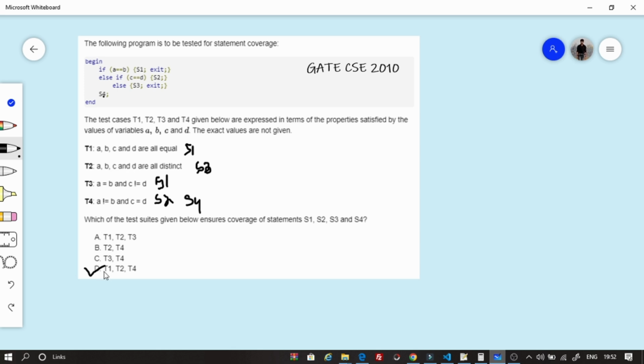So here they have taken T1. If we want any alternative of this option, we can cover it by what? T3. So there could be another option T3, T2 and T4, because T3 is also covering S1 and T1 is also covering S1, but they have given options like this. So from the given options our correct option is option D. I hope you got the answer. Thank you.